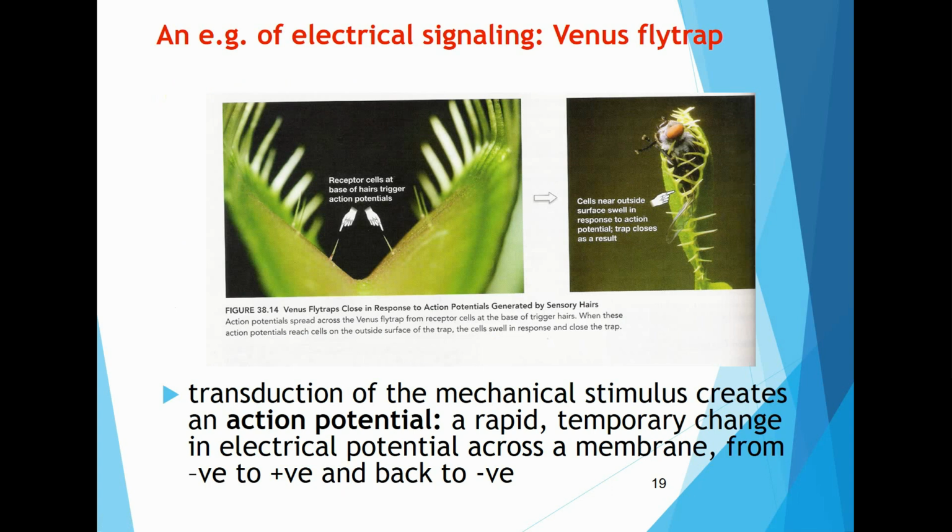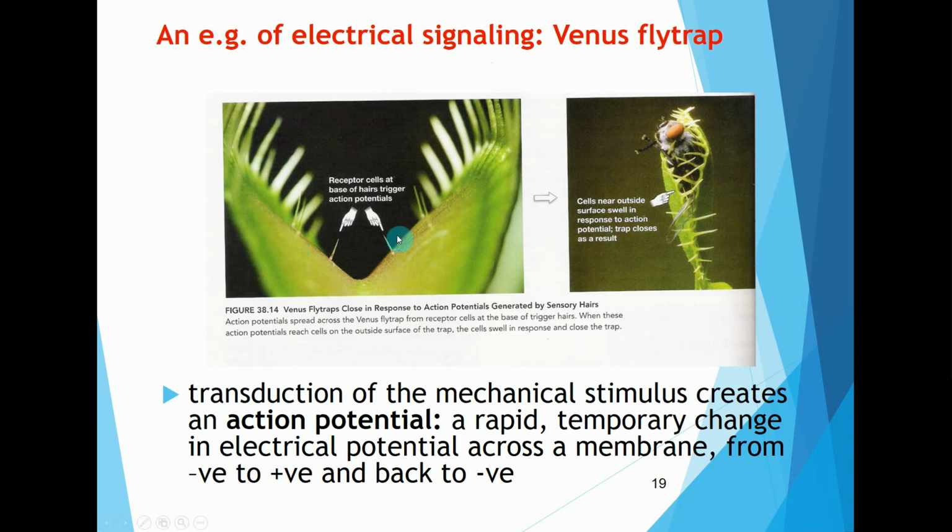So here we have the Venus flytrap. The receptor cells are at the base of these hairs. You can see here, there's little hairs. And what happens if the fly comes and he lands and he starts eating, and then he bumps this one and he starts eating, and then he bumps one over there. If he bumps two of those hairs within 20 seconds, so what happens is he bumps